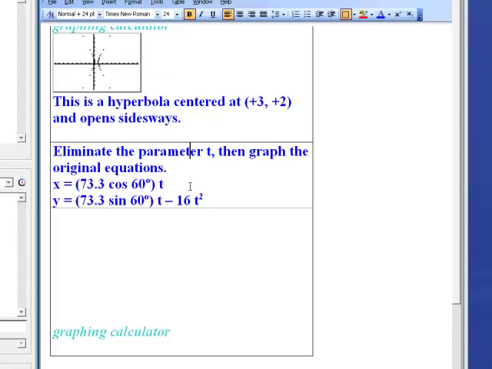Eliminate the parameter t, then graph the original equations. This comes from, for example, a human cannonball shot at a speed of 73 feet per second in the horizontal direction, as well as 73.3 feet per second in the vertical direction, which means it's an